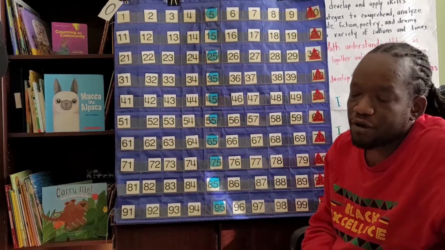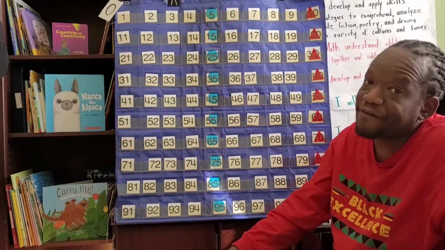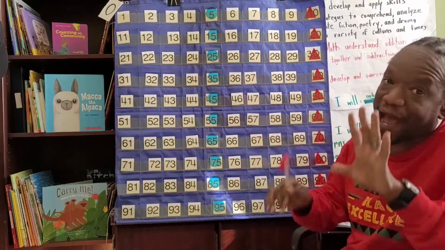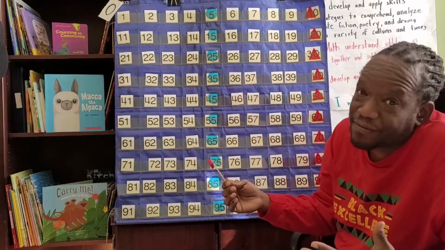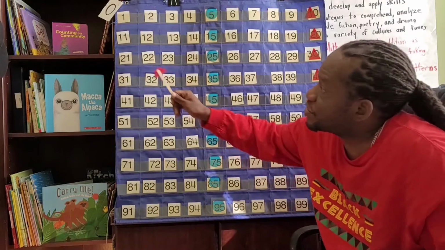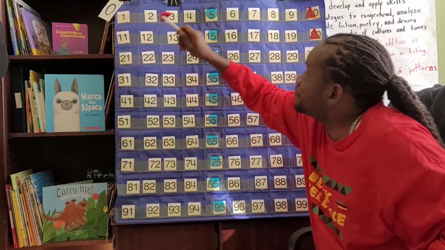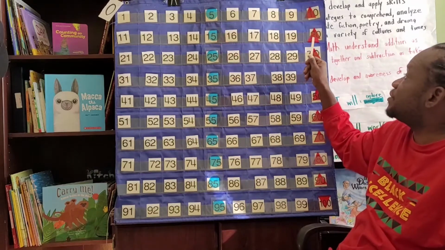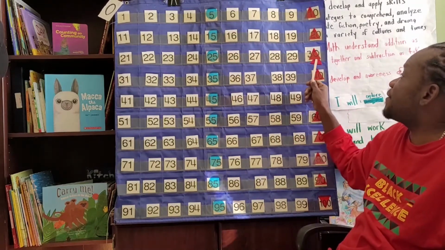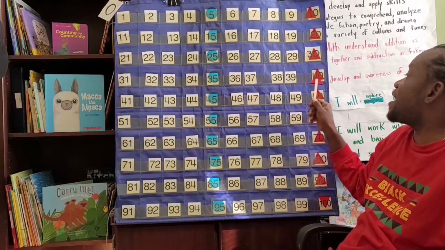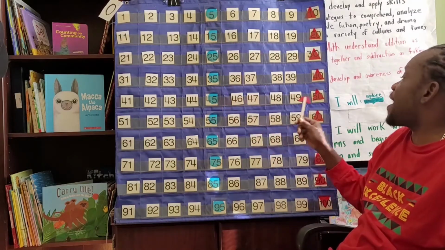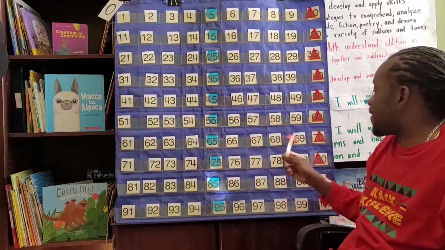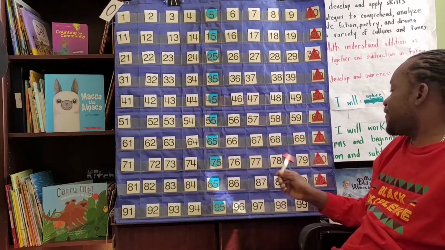All right, now we're going to count by 5s to 100, from 0 to 100 by 5. It's called skip counting. It's also like a pattern. So here we go. 0, 5, 10, 15, 20, 25, 30, 35, 40, 45, 50, 55, 60, 65, 70, 75,